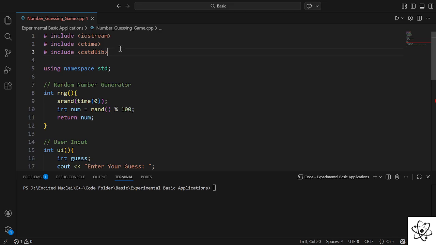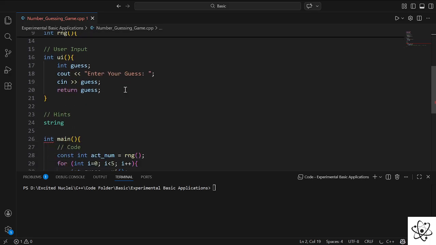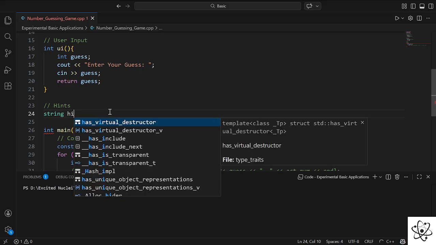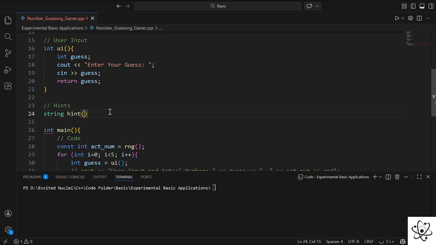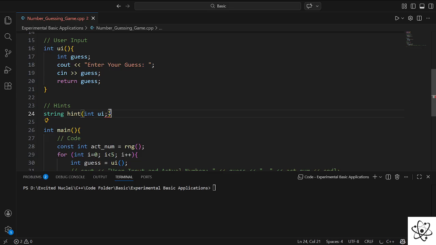I have not actually included the string header in this include, so this is now good. So this hint function is going to take the user input